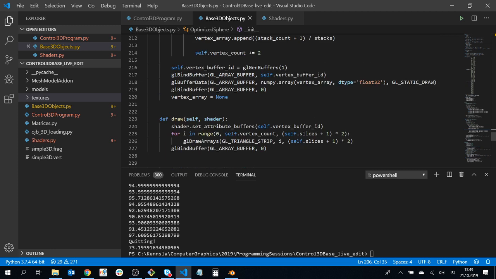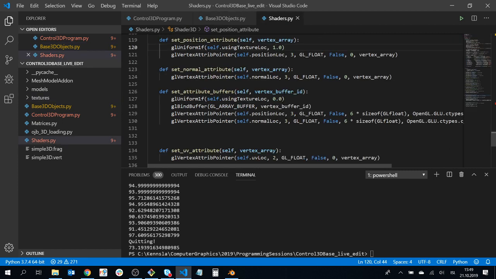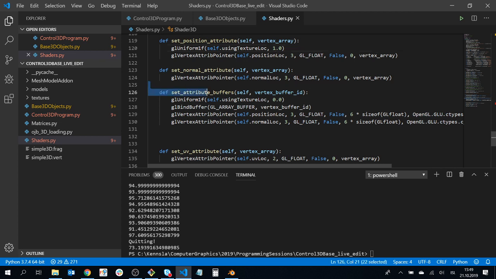Basically do that, yeah. When we draw, we set the attribute buffers. So we kind of need to go now into shaders and say, what are we doing now? Now, when someone is calling set attribute buffers,